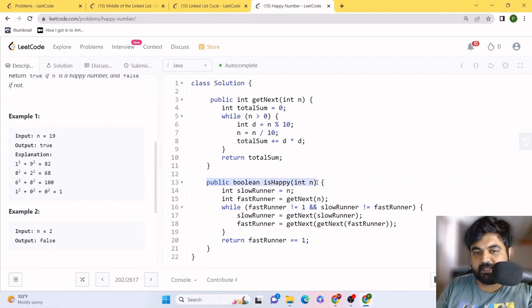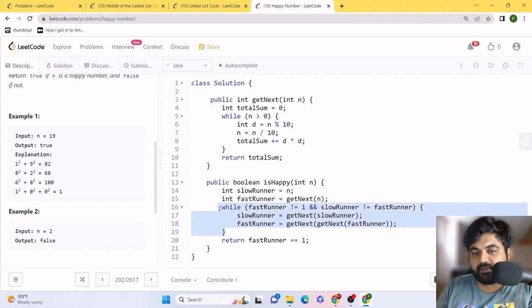Now let's get back to our main method, where we are again going to have 2 pointers, fast pointer and slow pointer. The slow pointer is simply going to keep running with the first element. Meanwhile, the fast runner is going to move 2 steps at a time. Now we are going to run a while loop, and the conditions are that while the fast pointer is not equal to 1, or the slow pointer and fast pointer end up at the same position, we will keep on running, where we call the get next helper method that we created, and we keep providing the value of the slow runner or the fast runner, and keep updating the value.